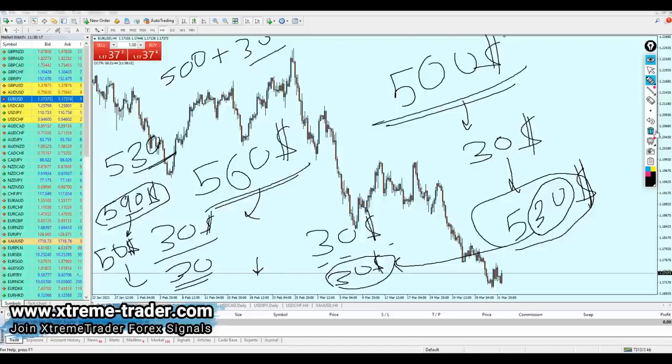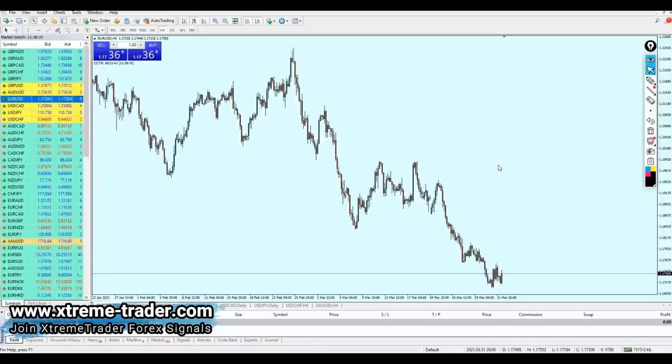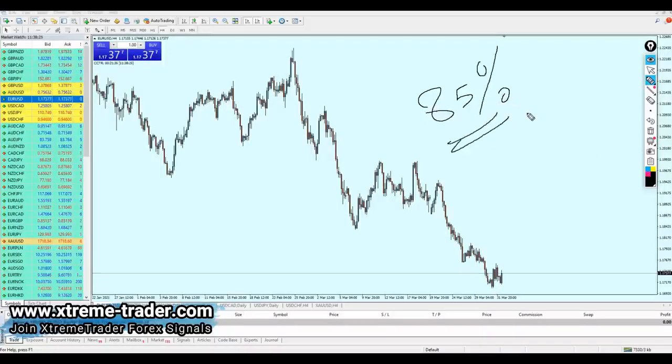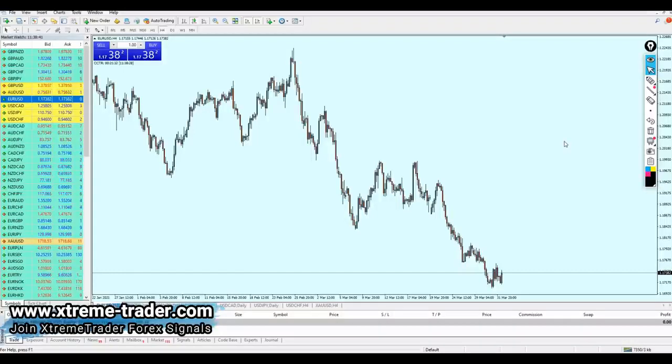Now, with the help of my strategy that I'm going to teach you right here, you're gonna have, in my opinion, no less than an 85% winning ratio strategy. This means that the stop loss might be hit sometimes, but actually the take profit level is gonna be hit much more often. Now, I think after explaining everything about fund management and risk management, it's time to explain the strategy itself.